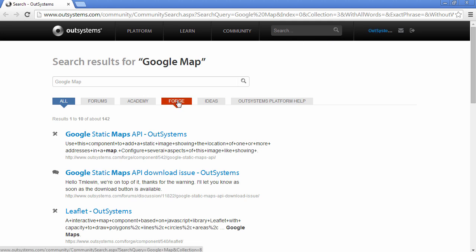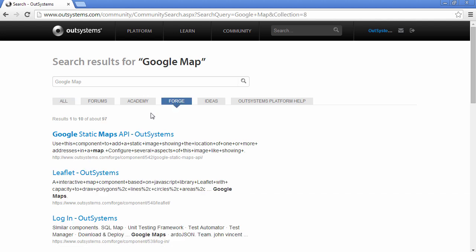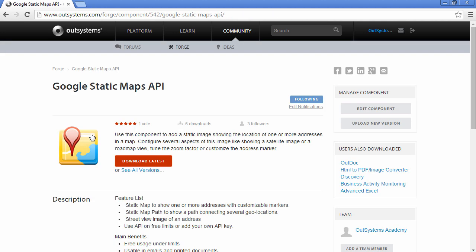And the Forge is the OutSystems repository of open source components that you can use in your applications. So let me just filter the search results. And this is the component that we are searching for, the Google Static Maps API component. Let me select this. And now what we need to do is to download this component and publish this component